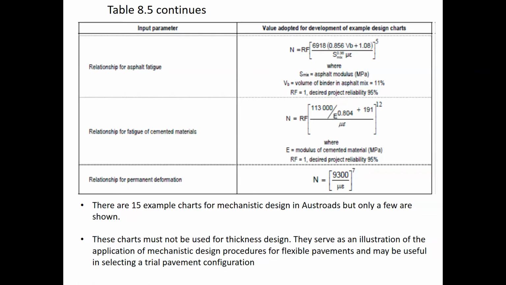You have a trial pavement, and then you put in all the trial pavement data. That means you put in the thickness of the different layers: for the asphalt, for the cemented material, for the subgrade. You put in the material properties, the modulus and the Poisson ratio for each of the layers, and then run the software. From running the software, you can obtain the microstrain, and then